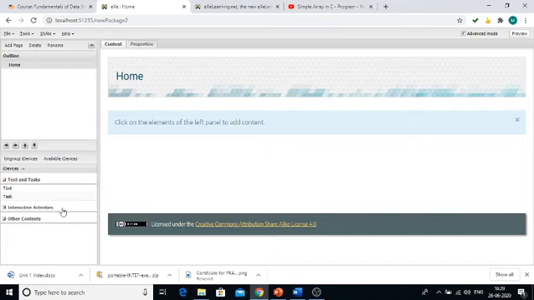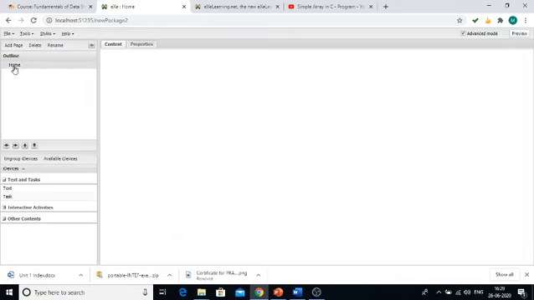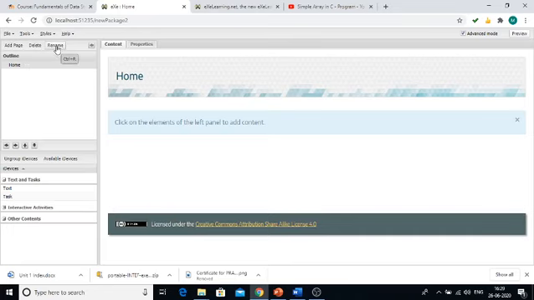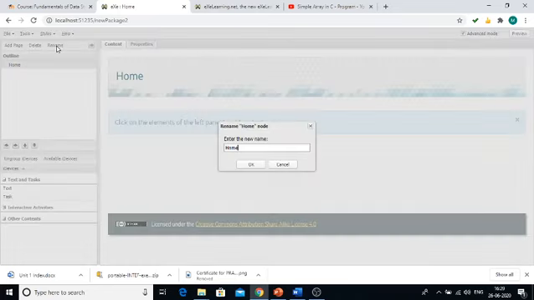I will tell you what are the options available. On the left hand side, there is an outline navigator available. This is the place where we are going to create pages. For example, this is my home page. I want my home page to be renamed as my subject name. For this you have to click home and select the rename option. Once you click the rename option, rename the home name to your subject name.